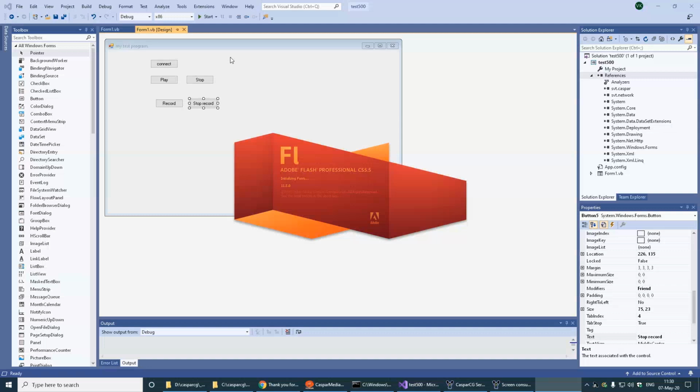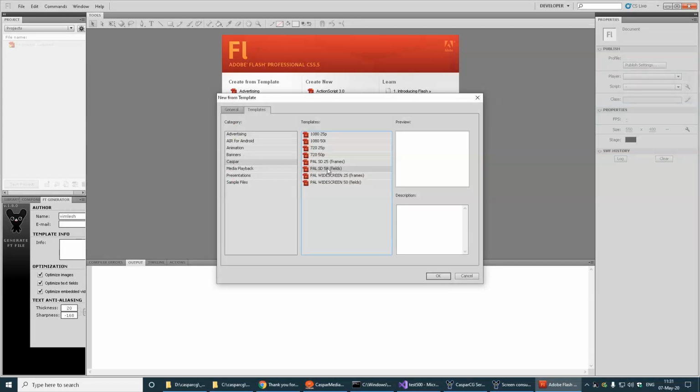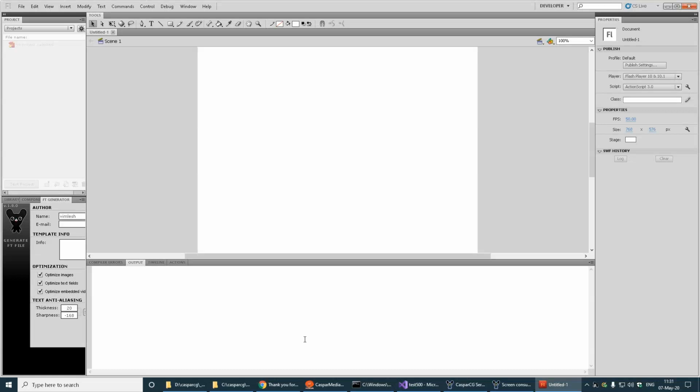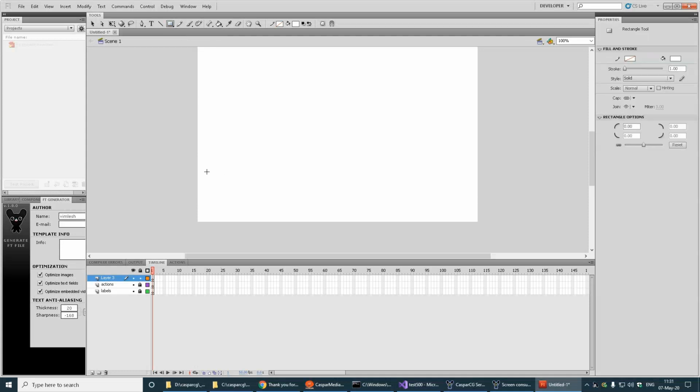So the graphics for Casparcg is made in Adobe Flash Professional. The version will be different; I am using 5.5. So its interface is there. Here select the Casparcg SD50 file. So, timeline, new layer, add a strip,